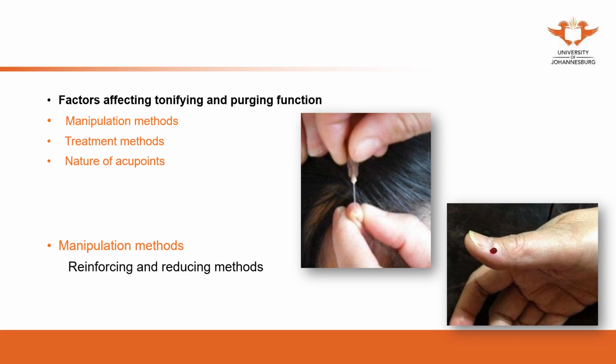For the Jing well points, you're going to use the 3-edge needle to prick the Jing points to cause bleeding. These can help you to eliminate the pathogens, to reduce the heat of the body. These are all eliminating methods. So the treatment methods you can think about, as well as the nature of acupoints. You can choose